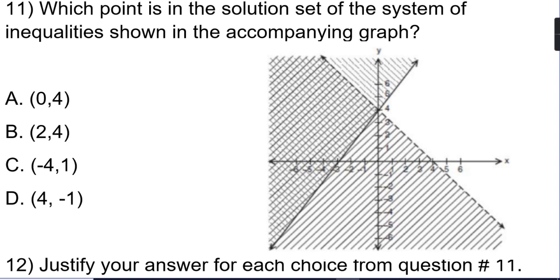Okay, so looking at 0, 4. The point 0, 4 is right over here. It's actually the point where they intersect. So if this was just equations and not inequalities, that would be the solution. But in this case, the answer is actually no. It's not a solution. Why is it not a solution? Because if you notice, one of those lines is a dotted line. And if a point falls on a dotted line, it's not part of the solution set. It's not included. That's why we made that line dotted, because it didn't have an equal sign, right? It's not included. So the answer is no, because